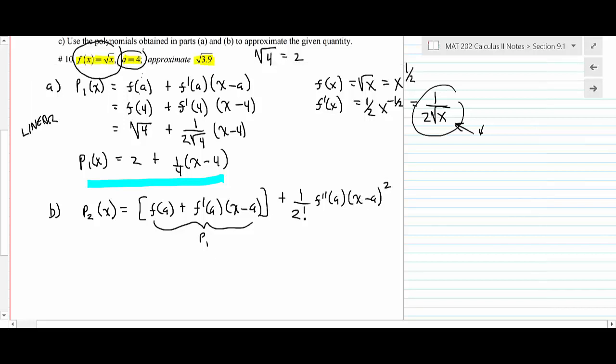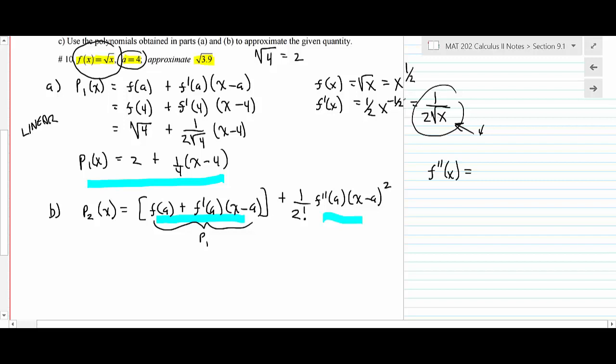So this thing we've already got. We got that from part A. So what we need to work on is this part right here. What do you need to do, basically? You need to do the second derivative. If we did a cubic approximation, you'd go on to the third derivative and so forth. So let's go ahead and do